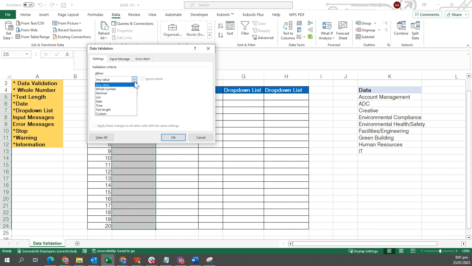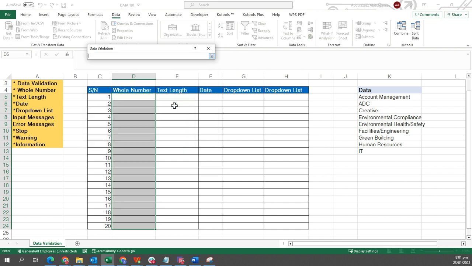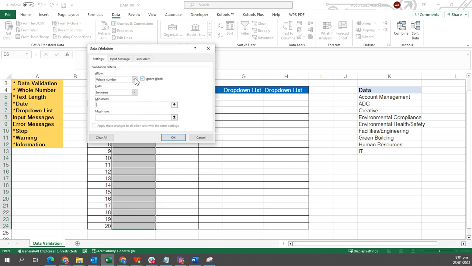You want it to be restricted to whole number. You might decide you want the numbers to be greater than something, or lesser than something, or equal to. So I've decided I want my numbers to be between 20 and the maximum number should be 100. When I hit my OK,